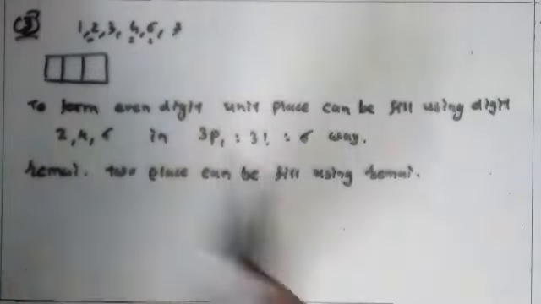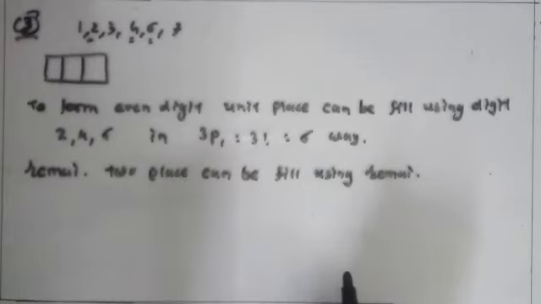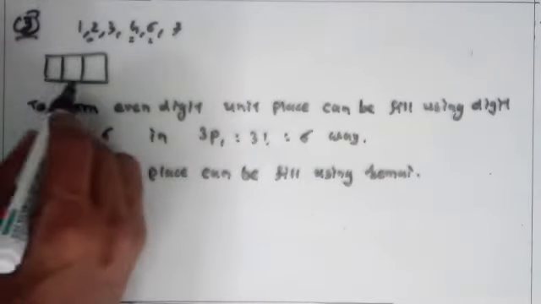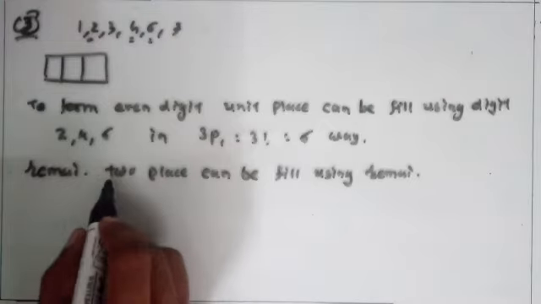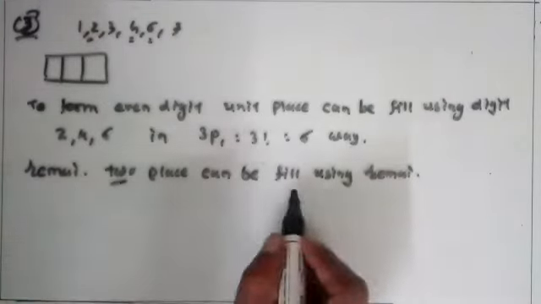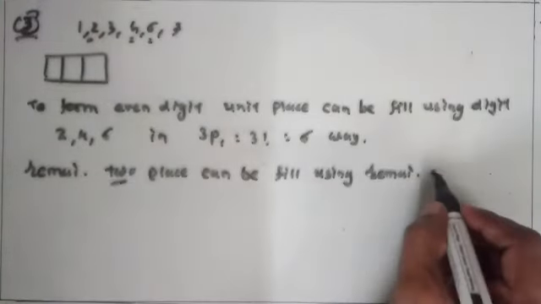So we have 5 digits in hand to fill the remaining 2 places. So the remaining 2 places can be filled using the remaining 5 digits